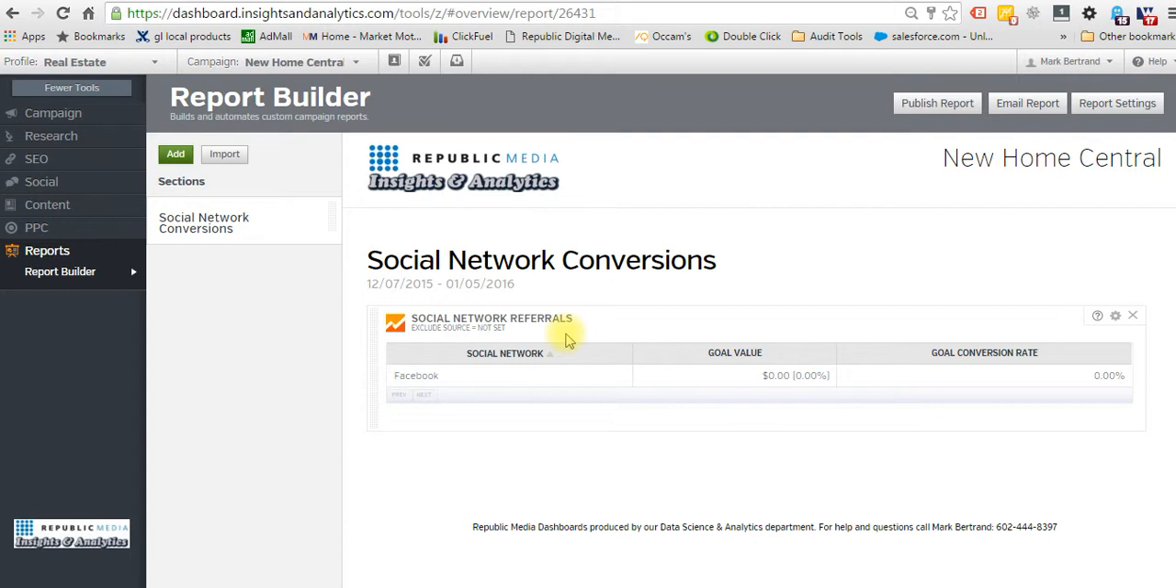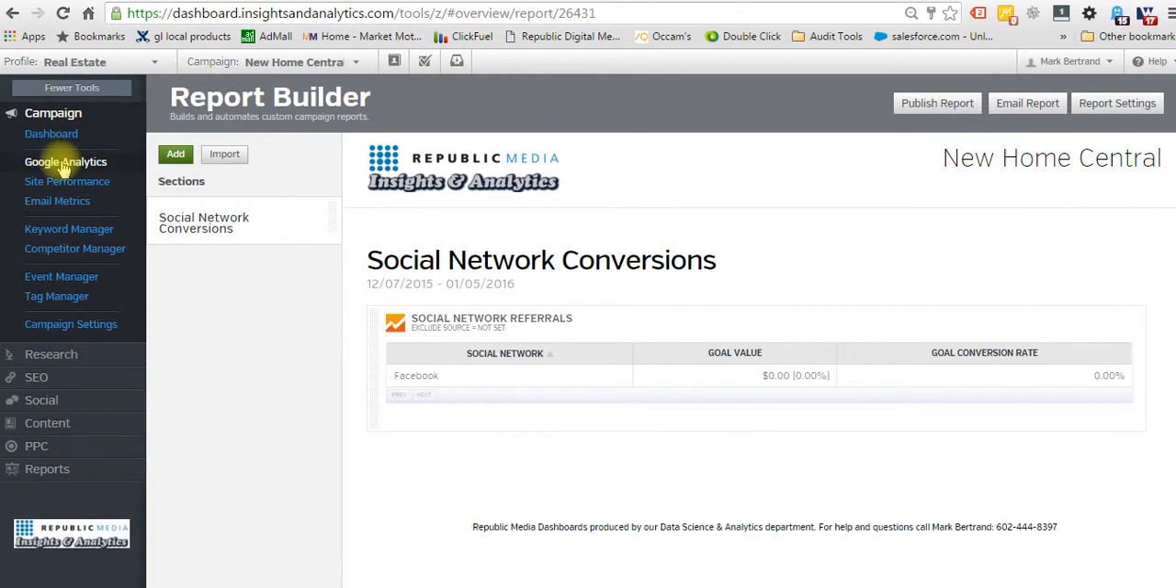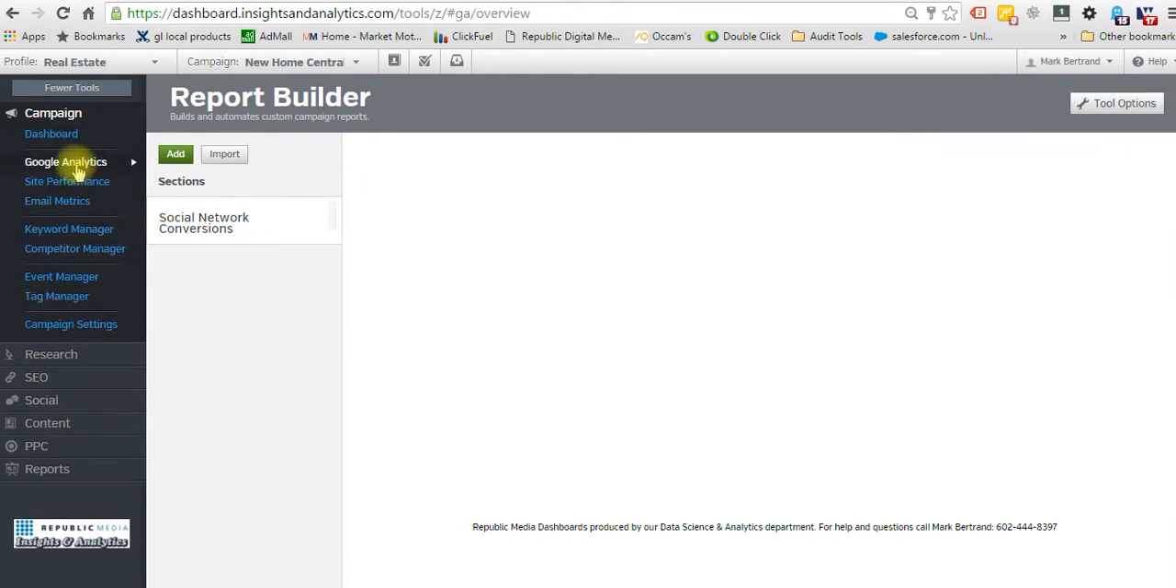So what else can we do? Well, there's a couple of different things, I guess, that we could do. Items that are particularly important is, again, going back over to the campaign in the Google Analytics. When you're looking at in the Google Analytics,